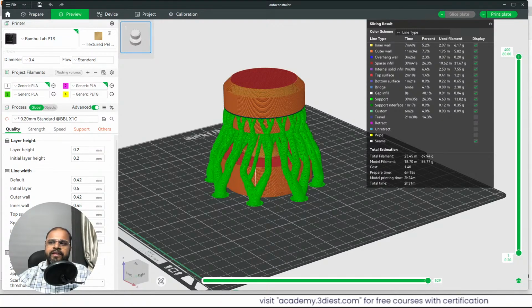We can help you with the technical terms. We'll try to help you. We are not giving a guarantee that we can definitely help you, but we'll try to help you with whatever we know